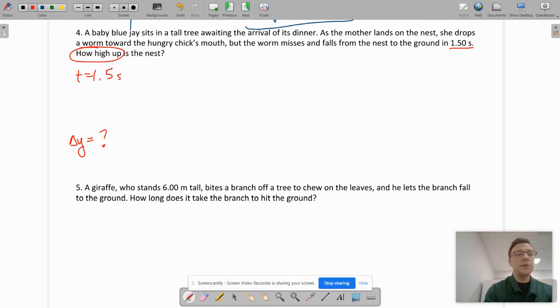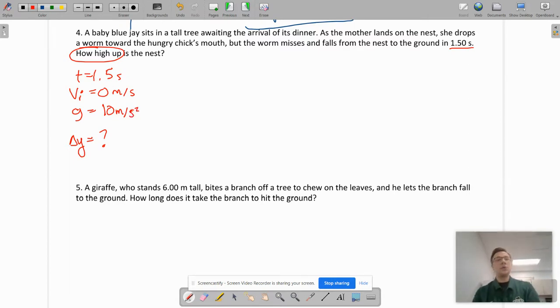So first thing is, what is the initial velocity of the worm? It was dropped from rest, therefore it is 0 meters per second. We cannot imply anything about the final velocity. Okay, the final velocity, again, remember, is not 0 when it hits the ground. We're talking about the final velocity, the maximum velocity, just as it hits the ground or right before it hits the ground. Okay, and then the other thing that we know is that g, the acceleration due to gravity, that worm is going to accelerate at 10 meters per second squared